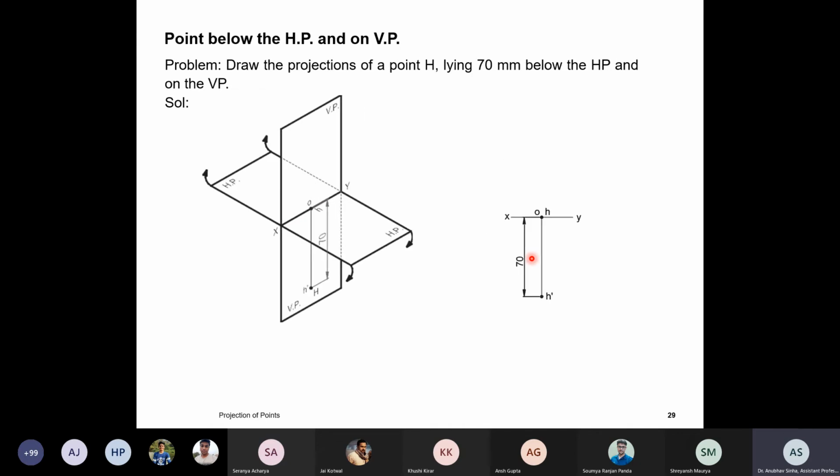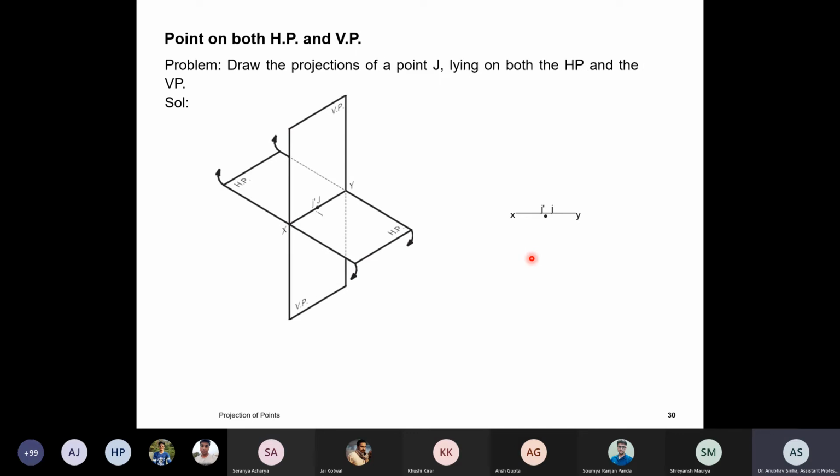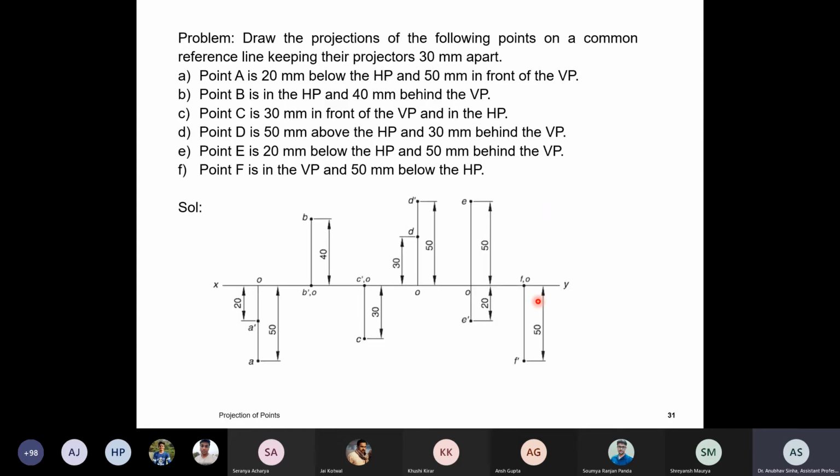Similarly for different planes. And this point is basically lying on this line itself. So this is how you will show that it is on that line. It is not drawn properly; you should show this point exactly on this line. If it is exactly on that line, that's it.